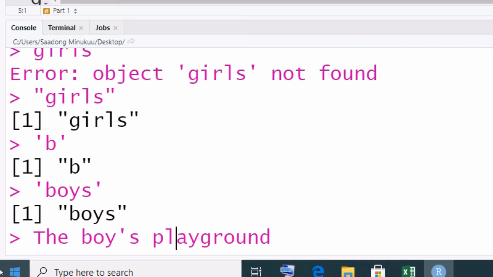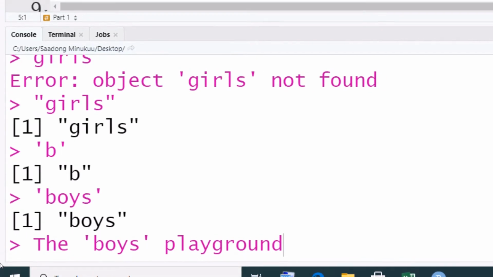When we look at the boys playground here, I can decide to write boys in quotations. Just as is written here, if I hit enter, R will give me an error. Why? Simply